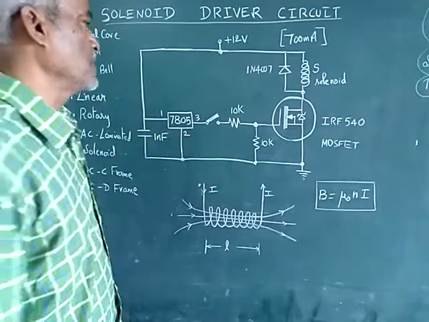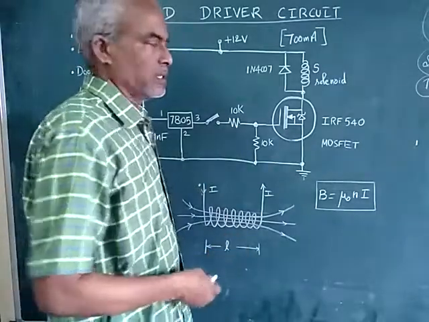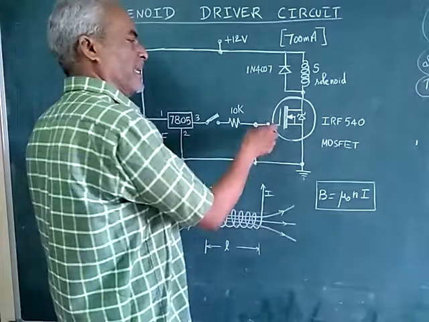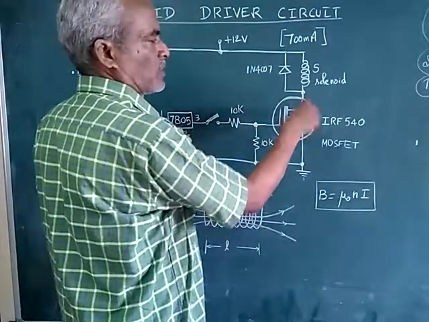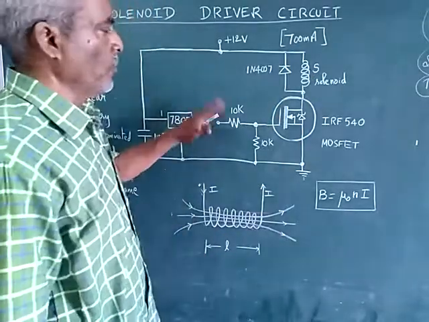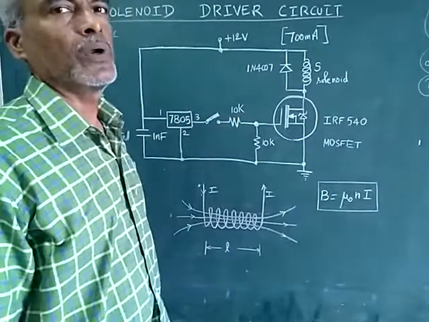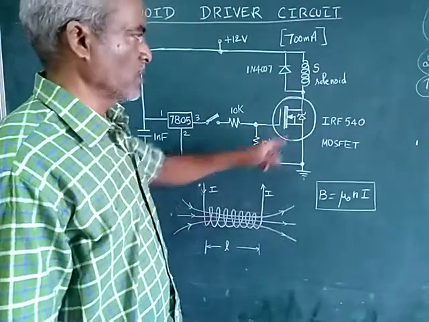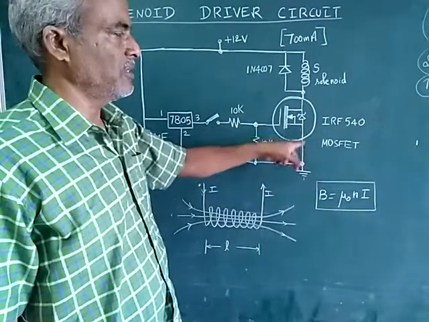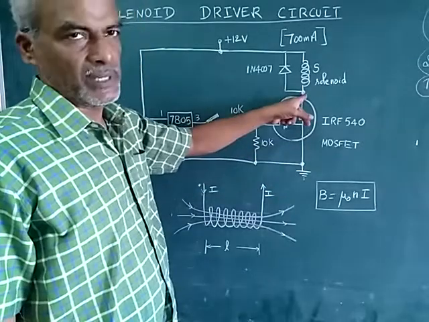So this is the switch. That means if you close the switch, the solenoid gets actuated. That means you provide a supply to the gate. This is gate. Therefore MOSFET goes into conduction and the solenoid gets the current. If you open the circuit, this acts as an open circuit. Therefore there is no current for solenoid, because this is drain and source. When this is closed, between these 2 points, drain and source, it is a short. Therefore this ground will appear here.